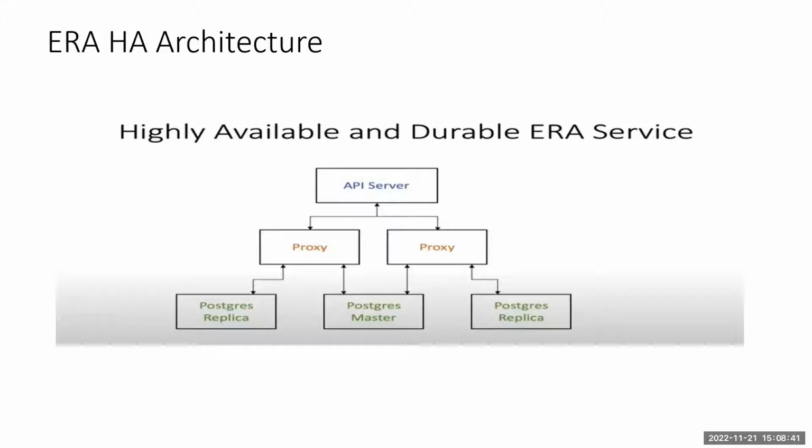So it is highly durable and available in the Nutanix Era service. There are 2 options here. At the cost of resources, if you want to go for HA for Era, you can go with that, where you have single API servers and proxy servers in the middle tier. And lastly, you'll have the database of Era, which contains information about the time machine, SLA policies, and profiles. One thing to be noted here: if Era goes down, the database workloads of the customer will be running fine. They will not be affected. So you can go for either a single VM of Era or the HA option. It's a matter of choice.